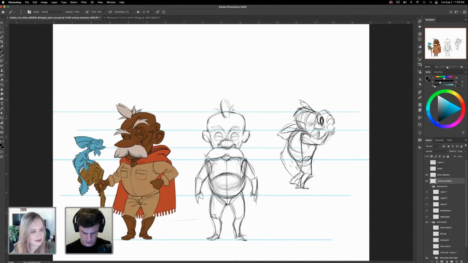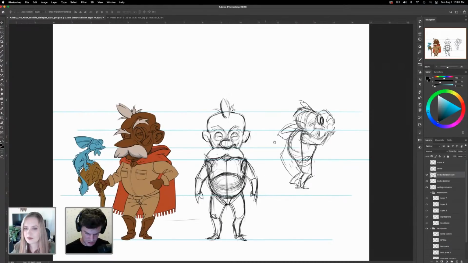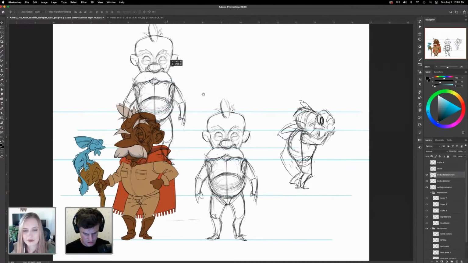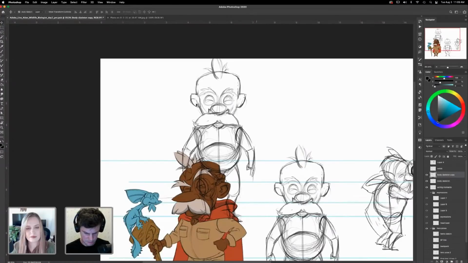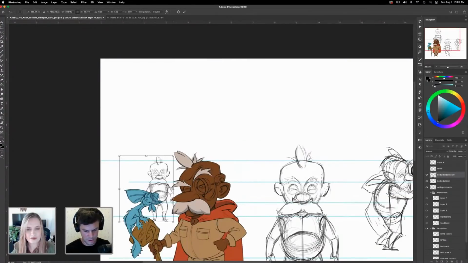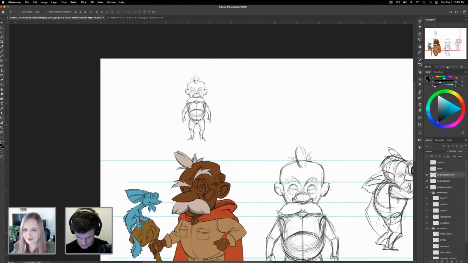Okay, so now that we've got his little body here, that's just going to be great. Again, I'll just do the Command J, bring him over, and shrink him down so I have one that's a more user-friendly size.